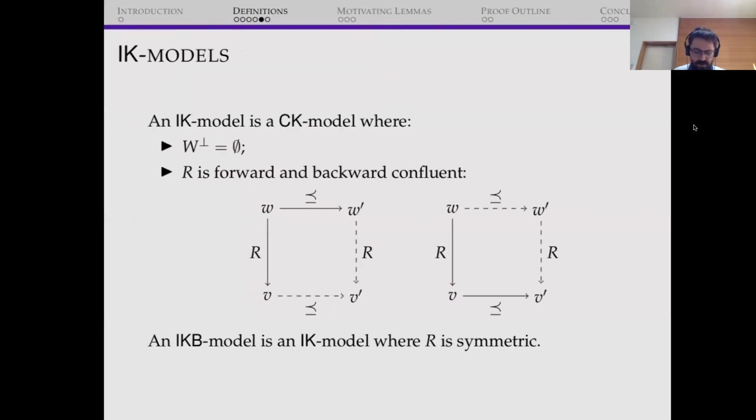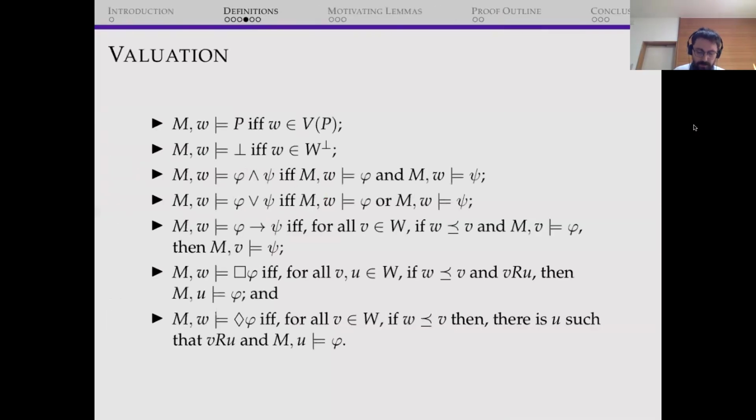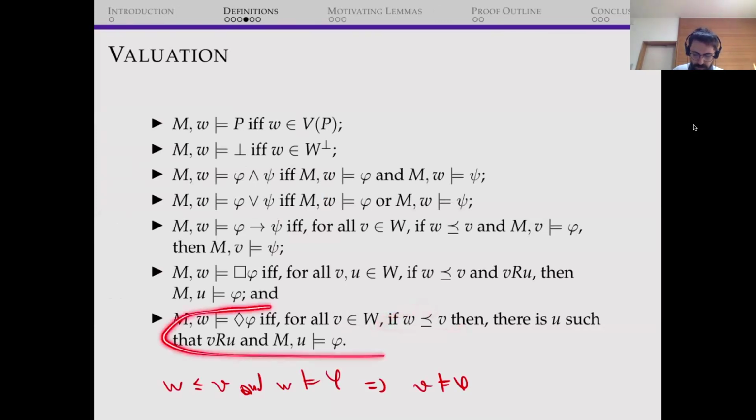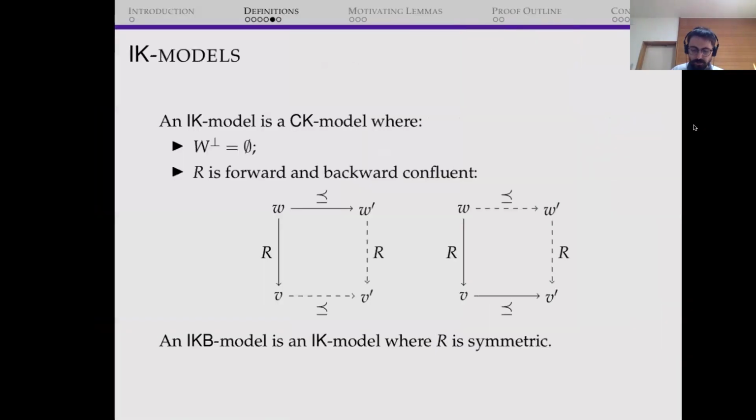Yes. Just a bit, I forgot to comment, but all the monotonicity: that if W goes to V and W satisfies some formula phi, then we get that V also satisfies phi. This is just an induction, but with this definition it works. And it's also why we need this condition for the diamonds. Without this, this wouldn't work for the CK models.